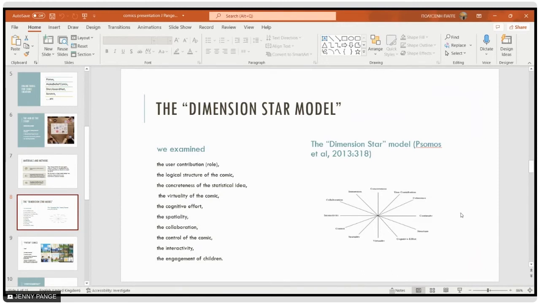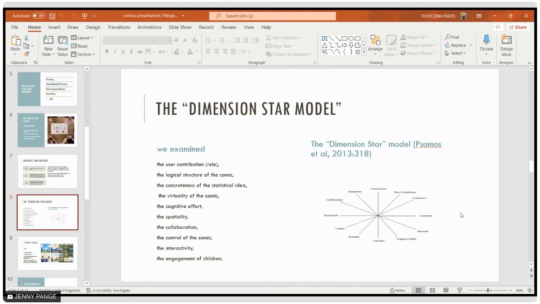The Dimension Star model examines the user contribution when we have digital material. What is that? It means the type of scenes, the type of pictures, whatever students use in order to formulate the story. How connected are one to the other?